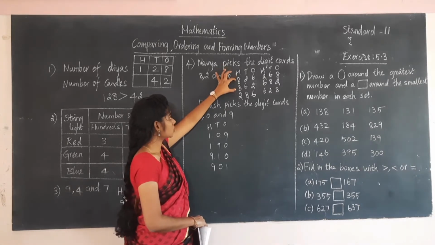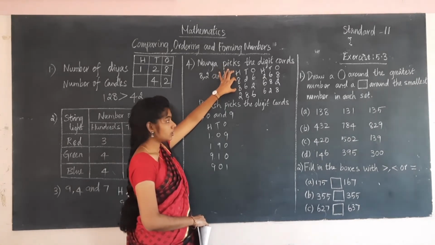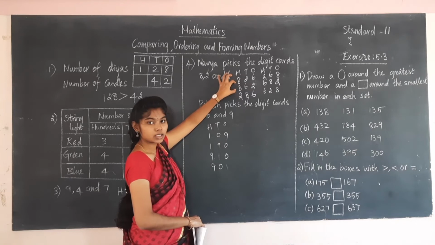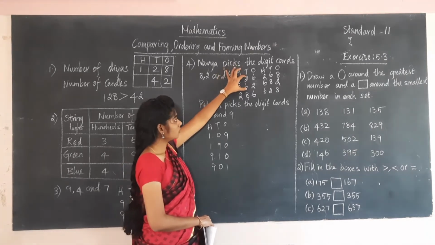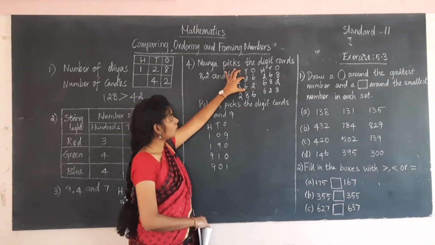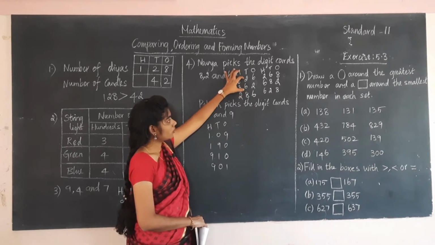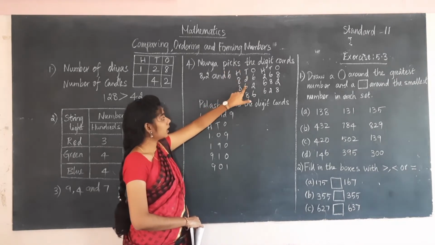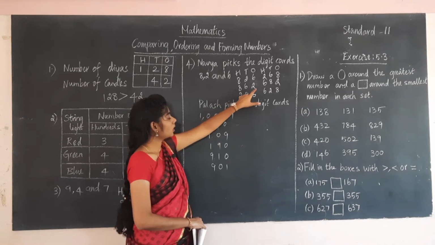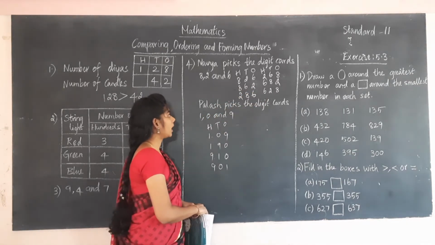So select these two, and now what we have to do, these two are same numbers, so we cannot judge here which one is greatest. So we have to go to the next place, tens place. So now see, 2 tens, 6 tens. So which one is the greatest one? 6 is the greatest one. So which one is the greatest number? 862. So we have to select this number.